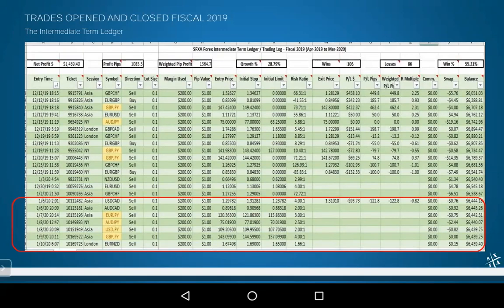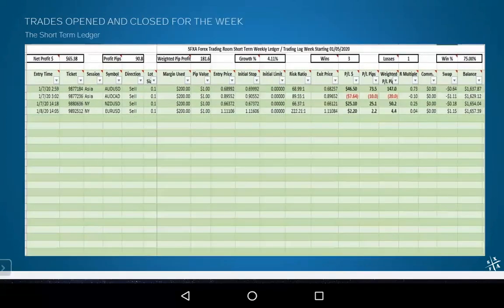And last but not least, the short-term account. We did have a nice bit of an uptick there on some trades we opened. I think on Tuesday was when these trades were opened, basically. We caught two good movements, and a couple of trades. That one was almost exactly flat, the other one slightly negative. But two of the trades gave us enough of a win for almost 200 pips and